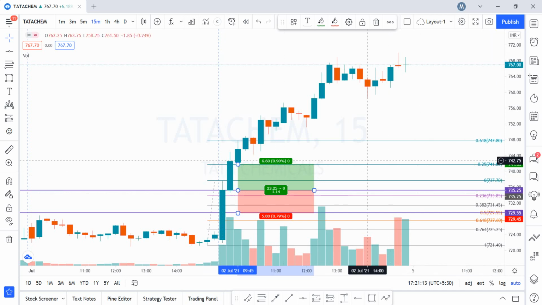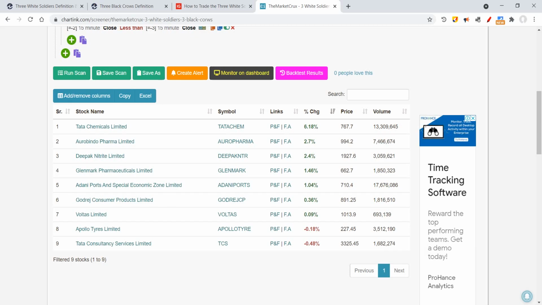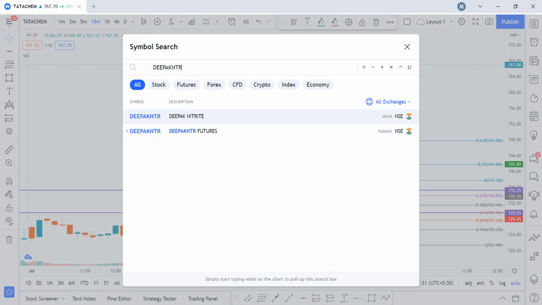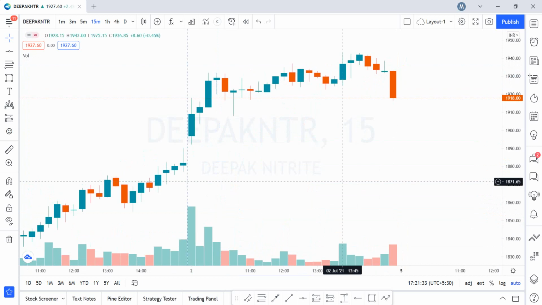Let's just quickly check for some more examples. Once you get this screener over here, you will be getting all the stocks on a particular day. Run it after 9:30, and for that particular day you will get all the stocks basically. So let's check for Deepak Nitrite. I'm just randomly picking. Okay, so Deepak Nitrite was the second stock, and if you see over here,